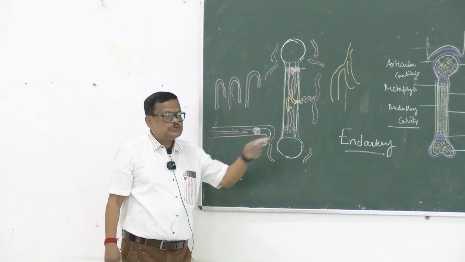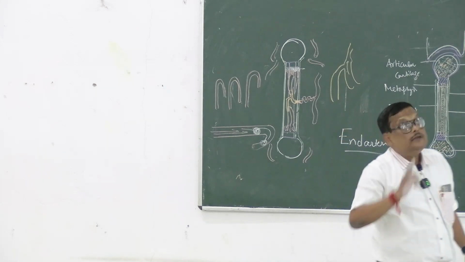And nutrient artery direction যদি বোনসে দেখো, it looks like that, it is directed in one